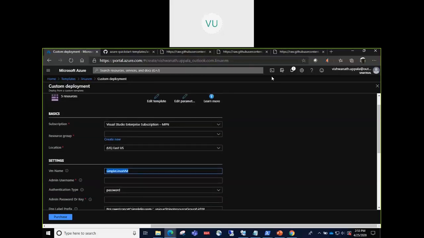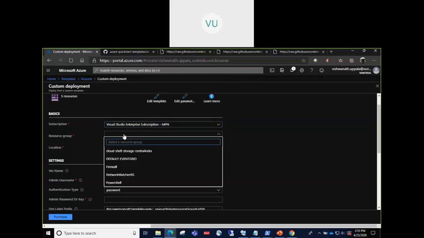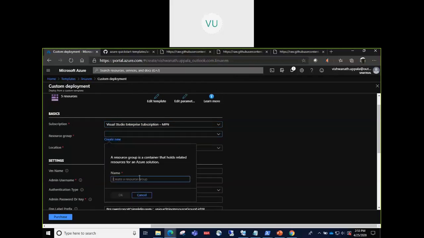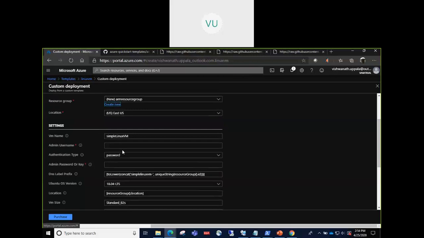The location took the default location that is set in my Azure account, and the subscription is the default subscription. Since I have only one subscription in my directory, it chose this. And the resource group, I can create new. Let me put this, the ARM resource group.